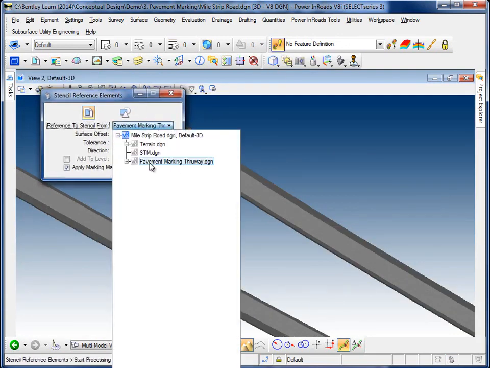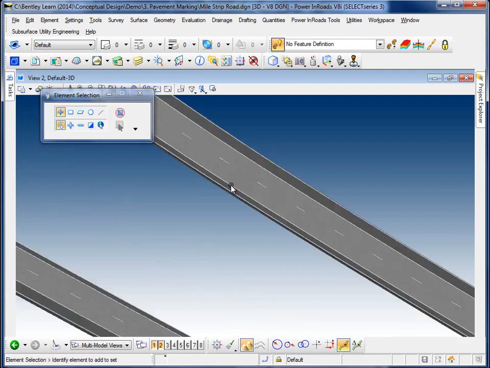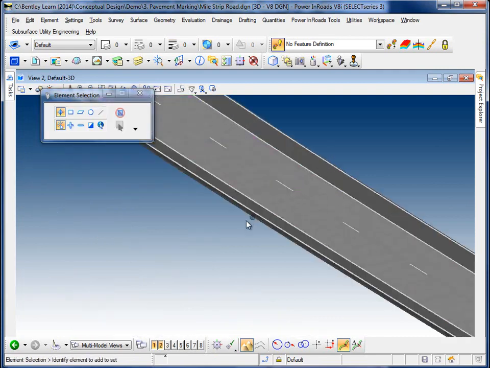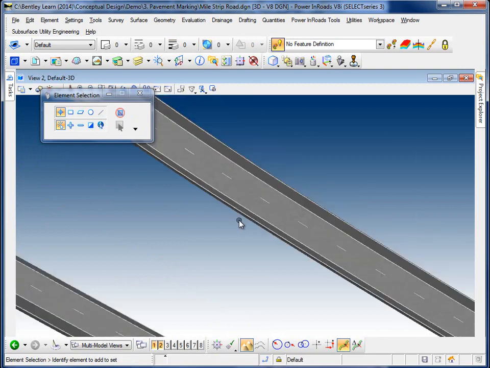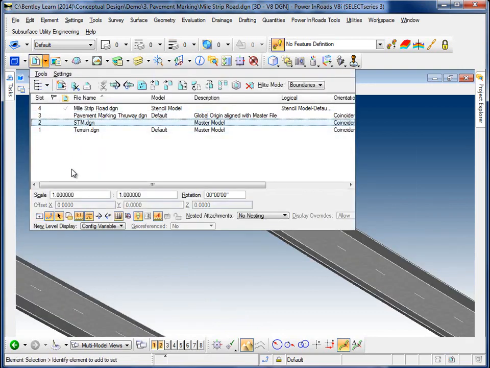What it allows you to do is select the reference file that you want to use. You want to give a slight surface offset so it's raised above the mesh, and then basically you just hit a data point, and if we zoom in, you'll see that our striping has been applied. And of course this will look good if we've got any kind of